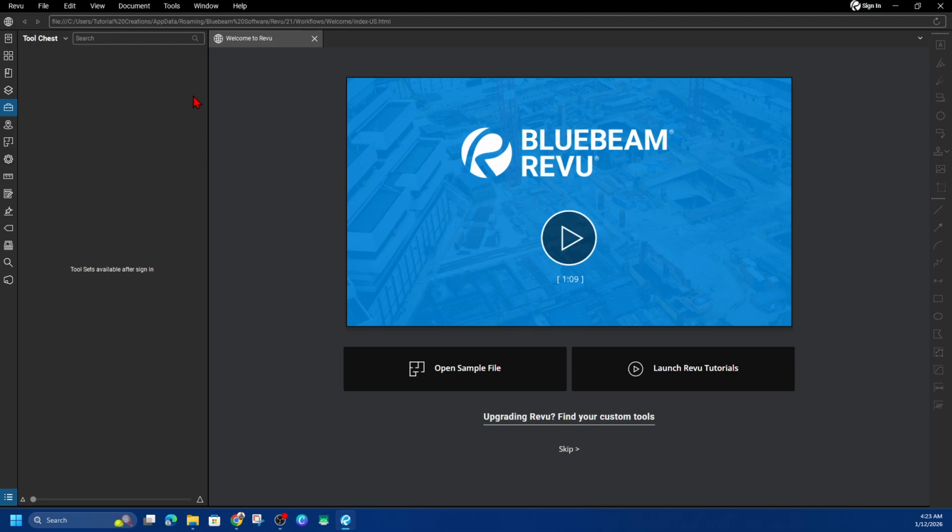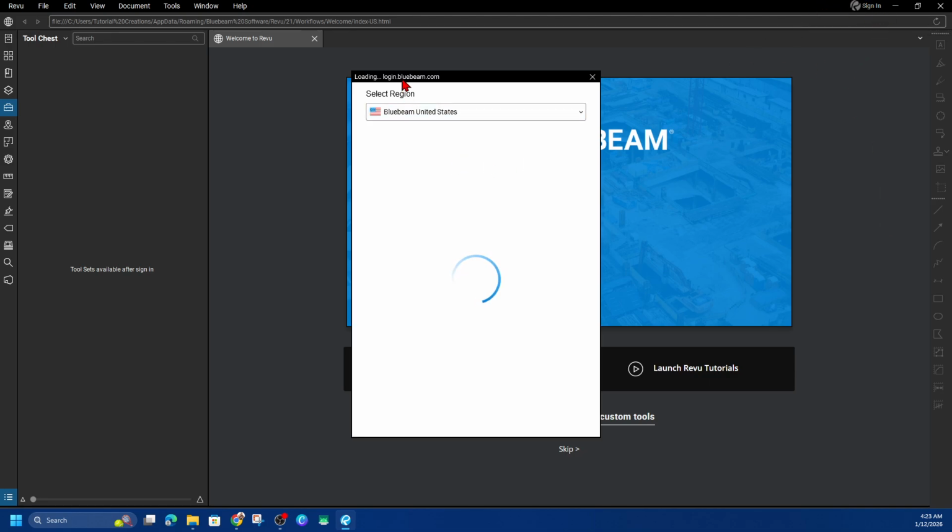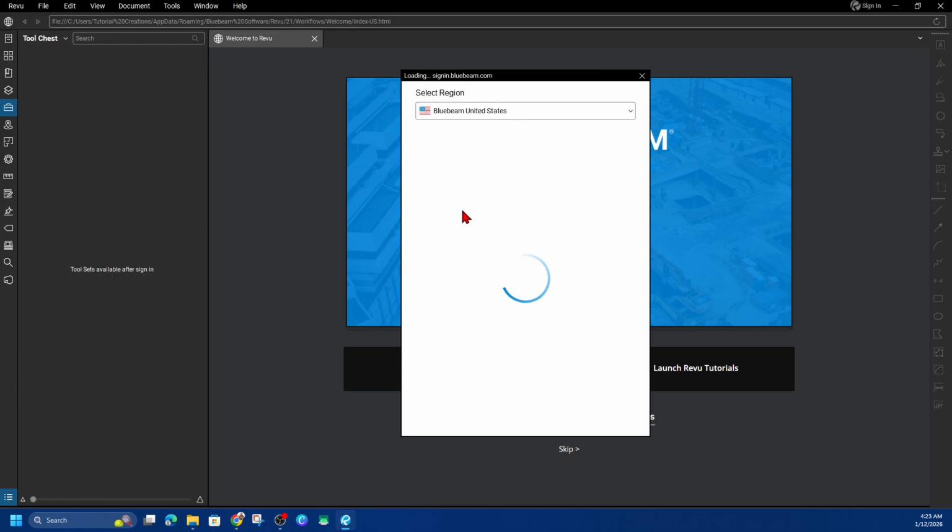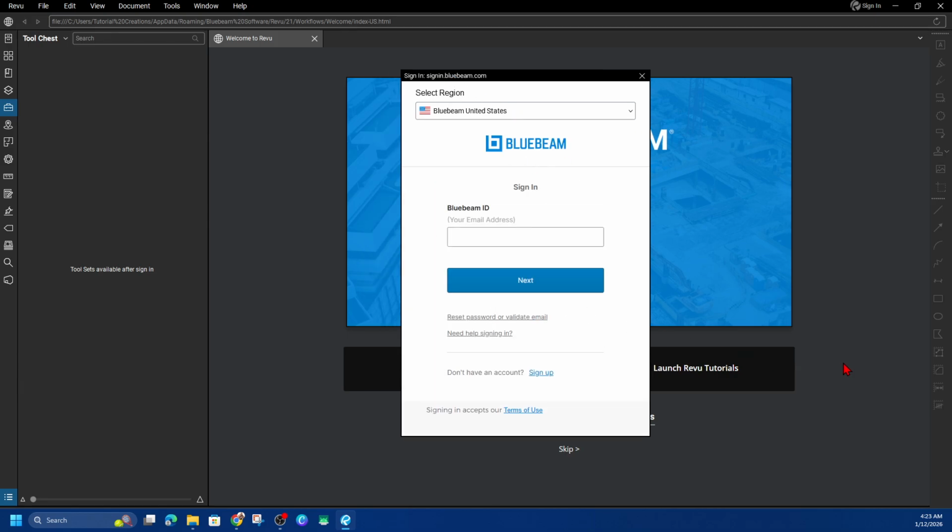So we can sign in or sign up to the program inside of here. So if you want to sign in, go to the top right, click on the sign in button. A little box should appear where you can put in your credentials and sign in and start using Bluebeam on your Windows